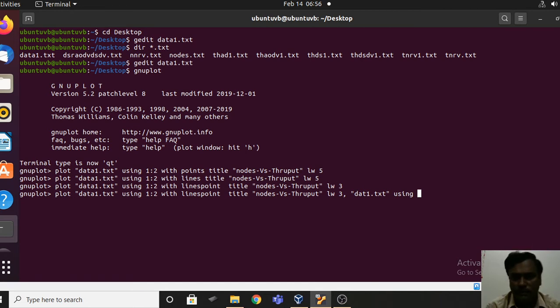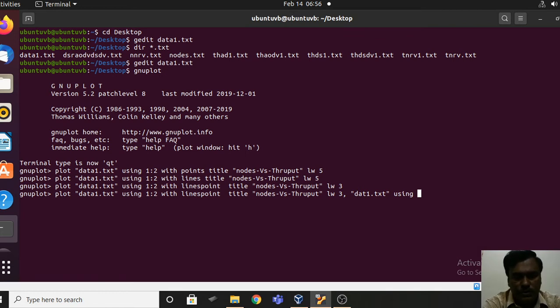That is the first column versus the third column, right? Even if you want to plot the graph between the second and third columns, that is throughput versus delay, you can plot. So first let me show how to plot the graph for nodes versus delay.